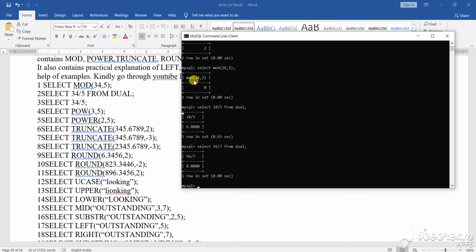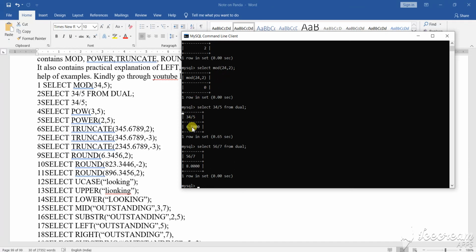Now notice them very nicely. What I have given here, like mod 24 comma 2. As for the name of this table, the column name it is showing you is 24 comma 2. That name I have also taught you in the class 11 phase, and I'll show you all that also. So this is the name that is coming. It is taking the name from here, what you have given. That means by default it is taking this name.